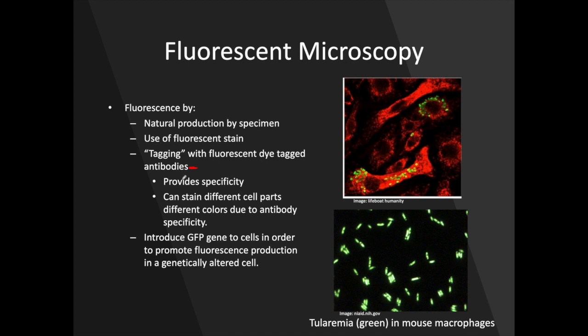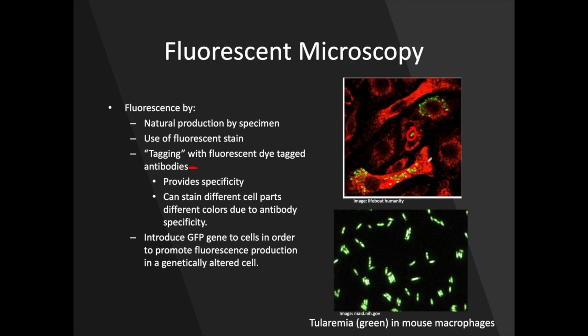Where my flu virus did not exist would not glow, unless I provided an antibody for that. So over here on the right, up here is actually tularemia. Tularemia is an intracellular obligate bacteria, and it causes the disease tularemia. Someone was studying this particular microorganism, and they used fluorescent microscopy to identify tularemia bacteria inside of macrophages of mouse cells. So the bright green are antibodies tagged with a green fluorescent dye that are specific for tularemia